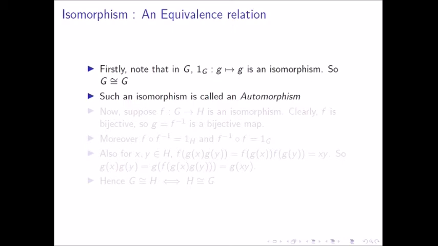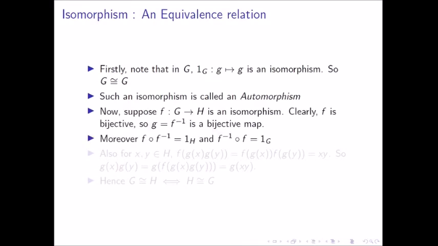An interesting point over here is there might be other isomorphisms from G to G. Any such isomorphism defined from a set to itself, or rather a group to itself, is called an automorphism. So more study, at a very basic level, is given in the appendix. So you can go through it if you want to.